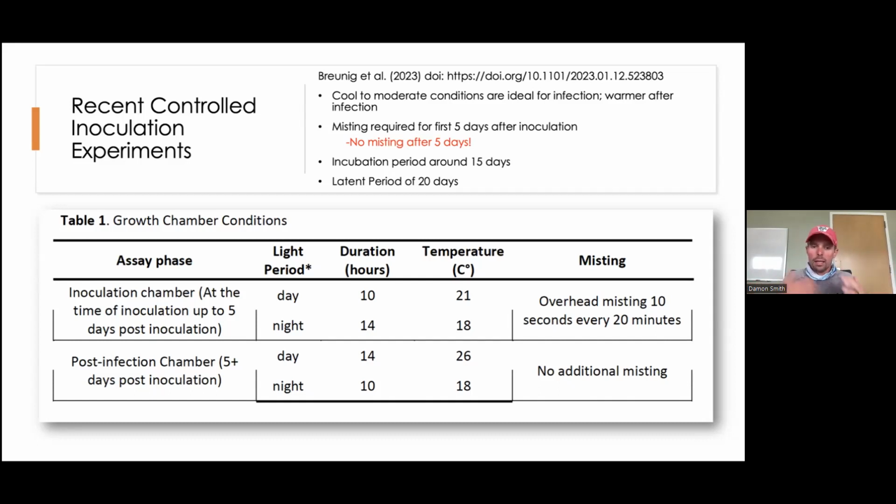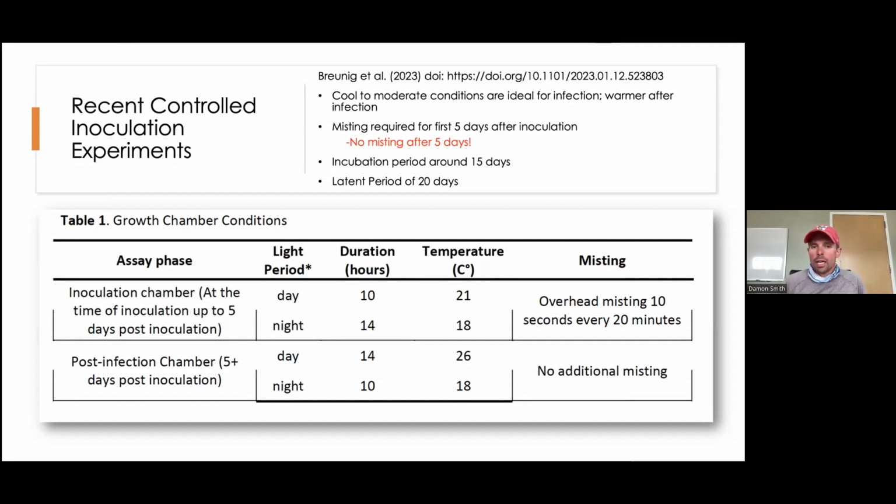So we have a wet cycle and then an extended dry cycle here. They did do this with some temperatures there. You can see they fluctuated 21 to 18, and then they actually raised the temperatures a bit, 26 to 18 degrees C. So we're talking about kind of warmer. We're getting up a little above that optimum that we saw in that work from Mexico.